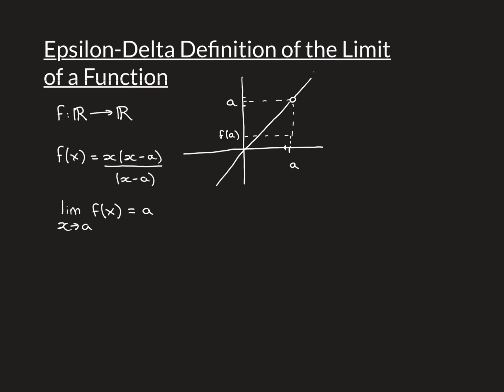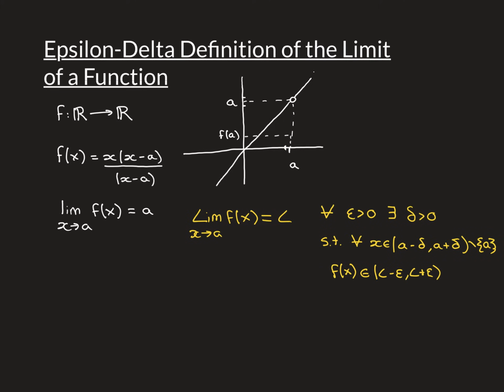So the value of the function is getting indefinitely close to a as you get closer to a in the domain. And not only does it get indefinitely close, but it also stays indefinitely close, because if we think about this point, it's being mapped into that epsilon interval, and then clearly also all of the points to the right of it, between it and a itself, which is here, all of those points are going to be mapped into that epsilon interval as well. So not only does the value of the function get within that epsilon interval, but it stays within that epsilon interval for all of those points from that boundary to a.